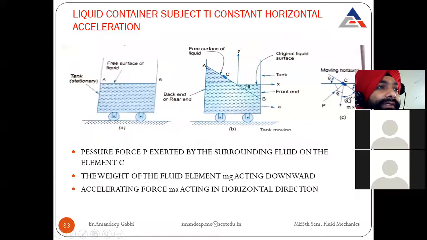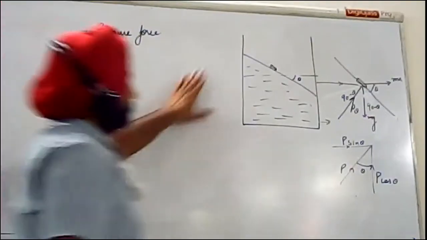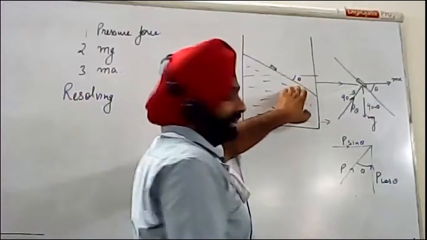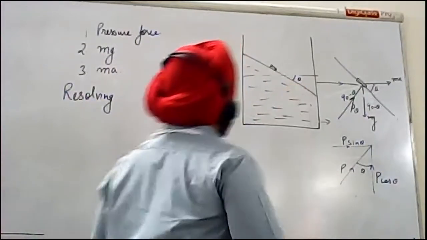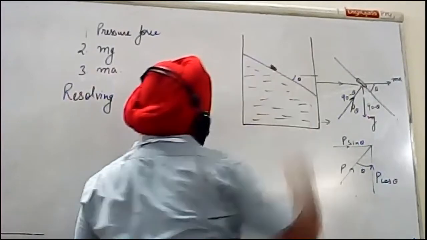Now we will do it up to this, then we'll do it on afterwards. Let me go to the board, I forgot to record. So I have made this diagram for your reference, in which the fluid is aligned at a particular angle, and that angle is theta. Now we have considered this small element.